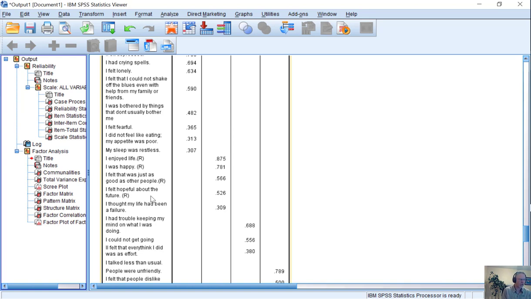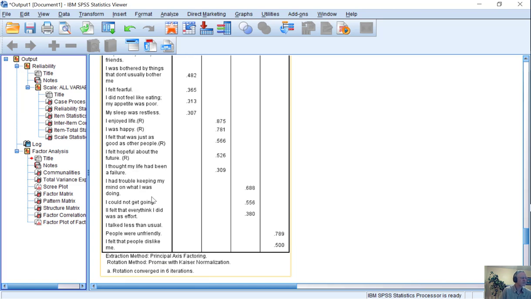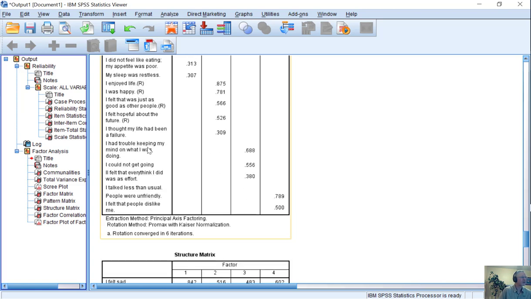But now on the reverse coded items, when it said I enjoyed life, they were saying they didn't enjoy life at all, right? They weren't at all happy. That would not make sense. So that would be a big flag. So an advantage of reverse coded items is it keeps people actively engaged and allows you to tell if they were not paying attention. But the downside is that it often gives us a factor by itself. Then we have over here,